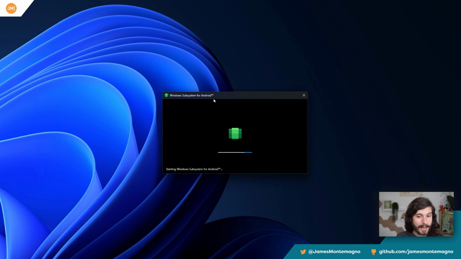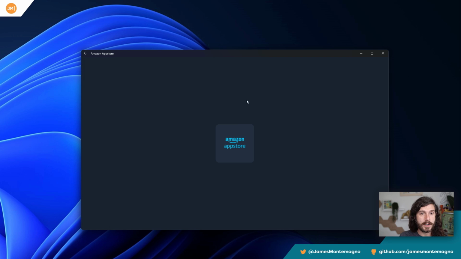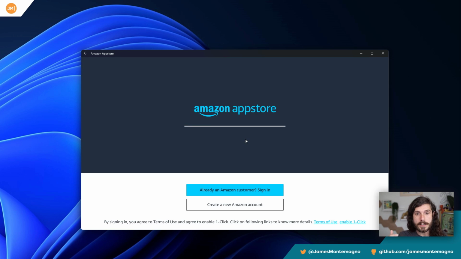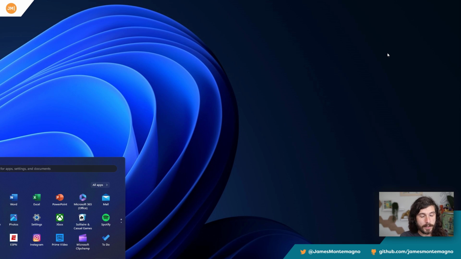So this can take a few seconds the first time it boots, but then the Amazon App Store will load. And this is an actual Android application that it's running. You can tell because there's a little arrow down here, and that's what it's running behind the scenes. But I just don't even need that. We can go ahead and turn that off and close it down. But what I'm going to do now is say the